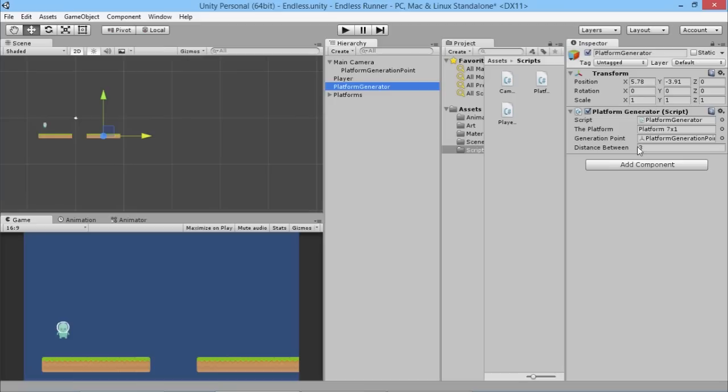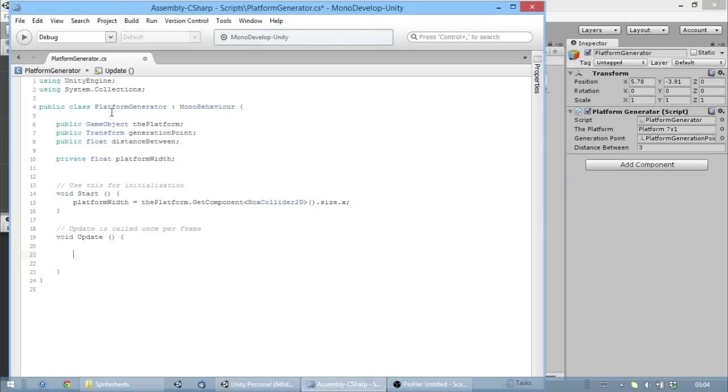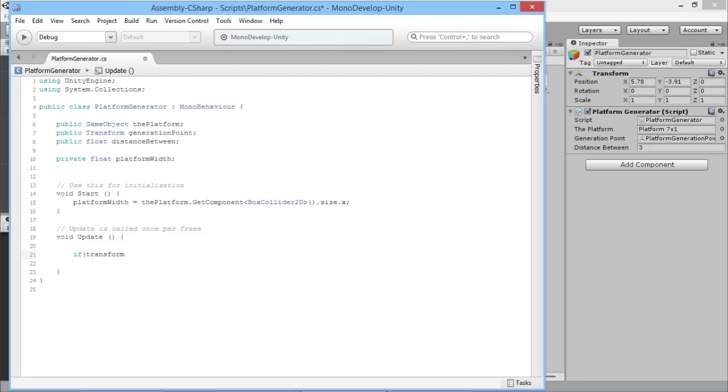So what we're going to do is we have our width of our platform, which is this much, and it'll move him ahead that much, and then also the extra distance between. So then when we make a new platform, which will be roughly about here, it'll create it right here, and it'll have a little distance between, which is our number 3 here. So the way that we're going to do that is say if transform dot position